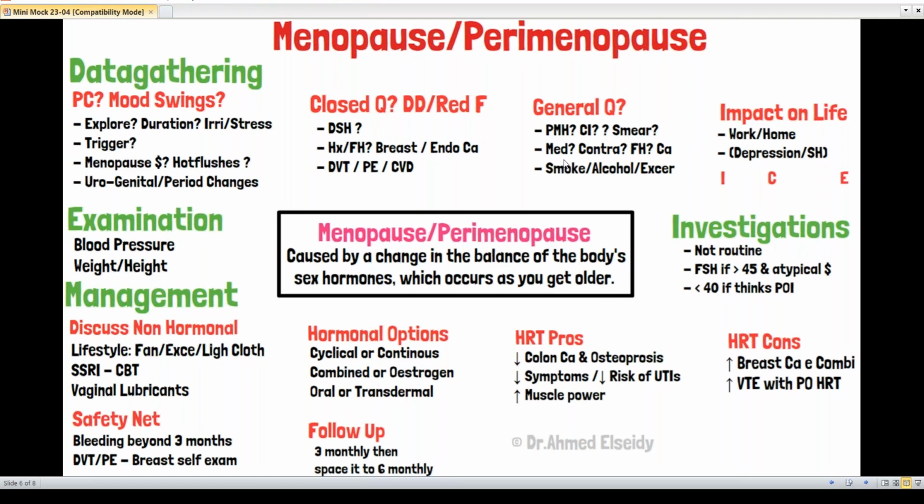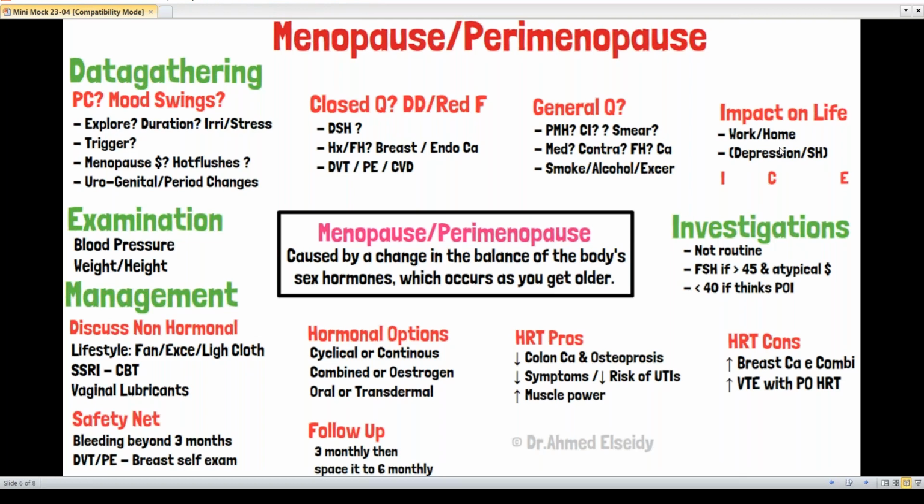And then medication, are you using any medication at all, especially contraception? Okay, this is a very relevant one. And then family history, important, of cancers of the womb or the breast. Okay, we already asked it here. If you forgot, you will remember here. And then I finish my relevant PMHx with relevant lifestyle. Smoking, alcohol, exercise are important because they are part of my management. Then I will finish my data gathering in every single case. In every single human being in the cubicle, I will ask about psychosocial and ICE.